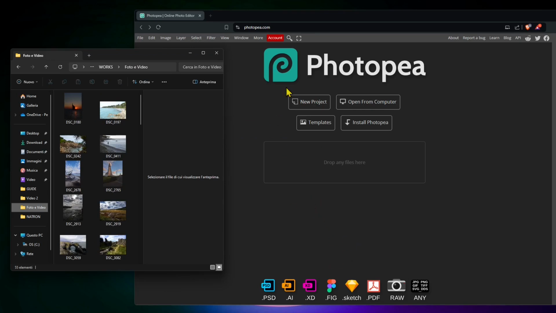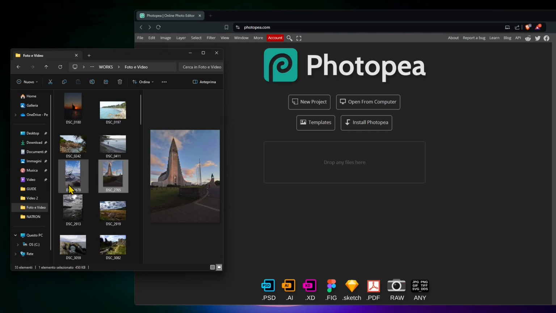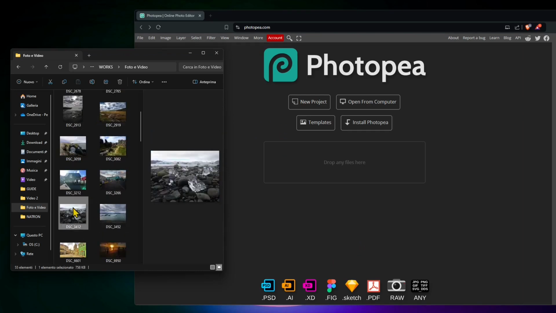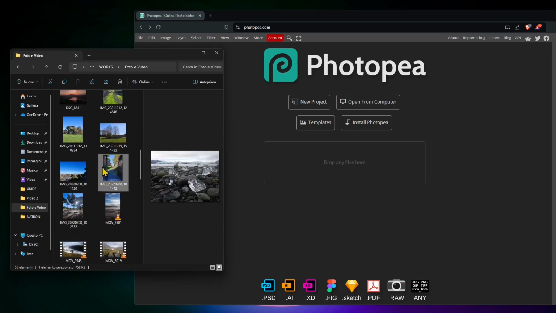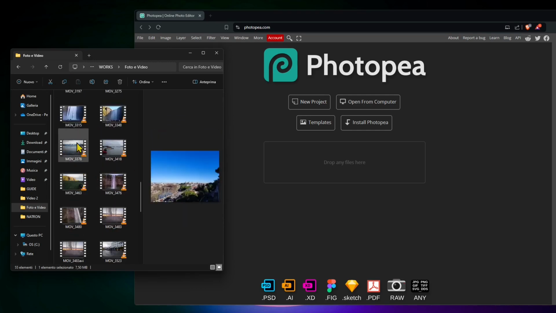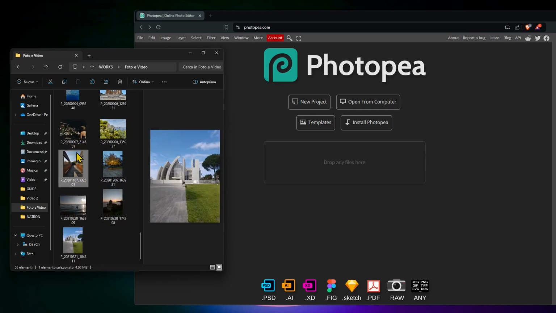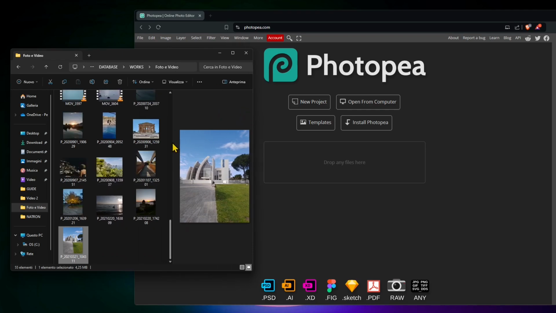Now, what I'm going to do is do a drag and drop, which is the easiest way you can start with Photopea. And so I open a window here with a little bit of pictures. Just let me choose one. I'm going to go for this. So all I need to do,